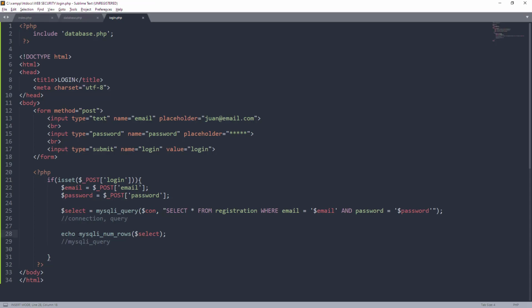Yung 1 na lumabas na yon, eto yun. Ayan. Echo MySQLi num_rows. Select. Okay, so ibig sabihin, meron daw sa query natin na ito, ayan, merong isang row na lalabas. So, meaning to say, may nag-e-exist na email na ganon, and then may password na ganon. And with that, pwede natin gamitin yung lumalabas na result na yon sa isang